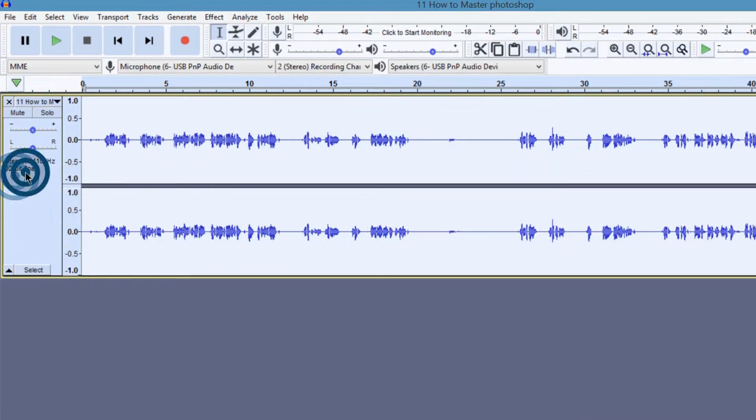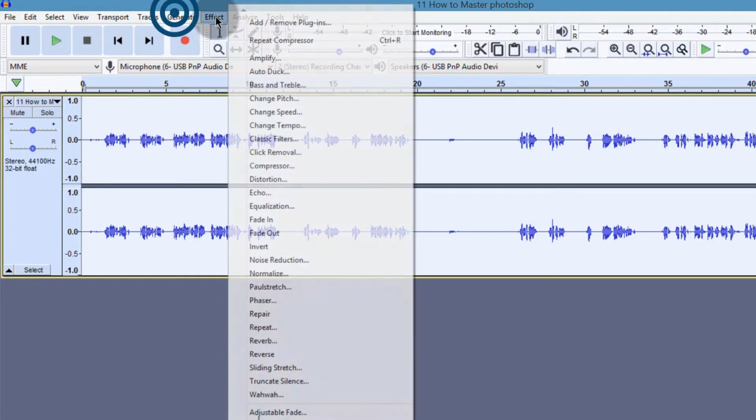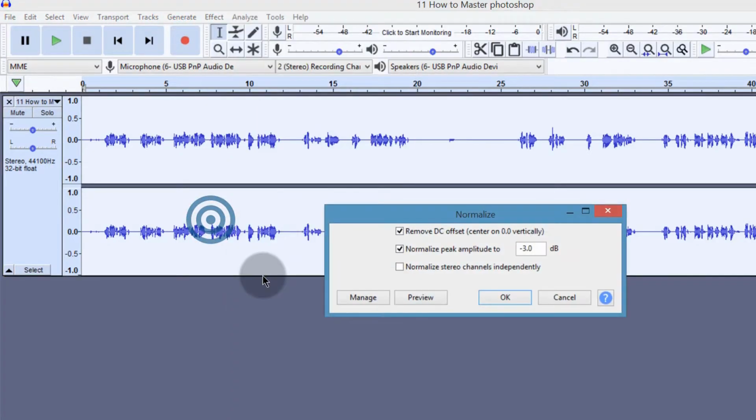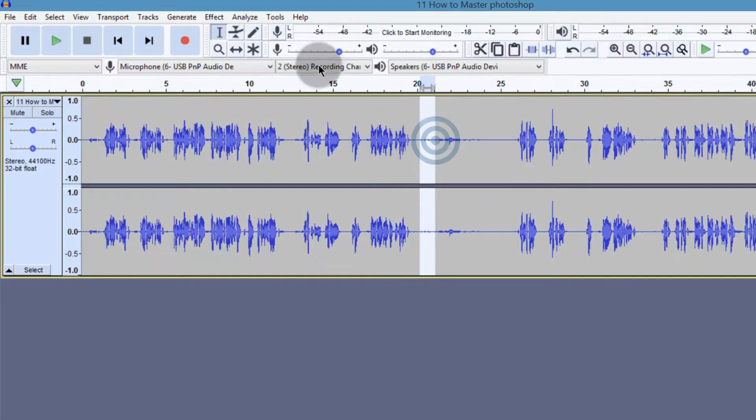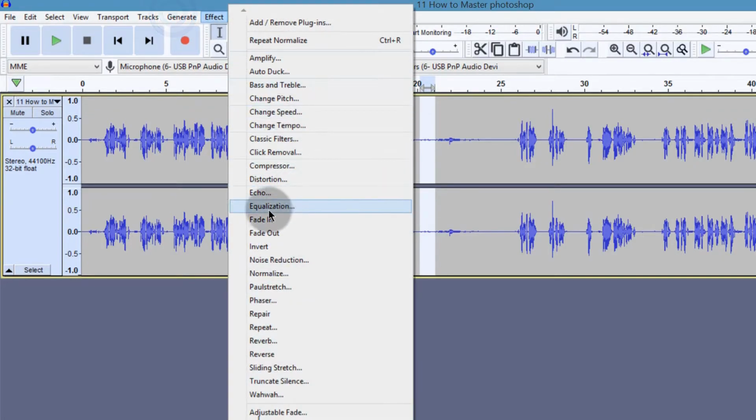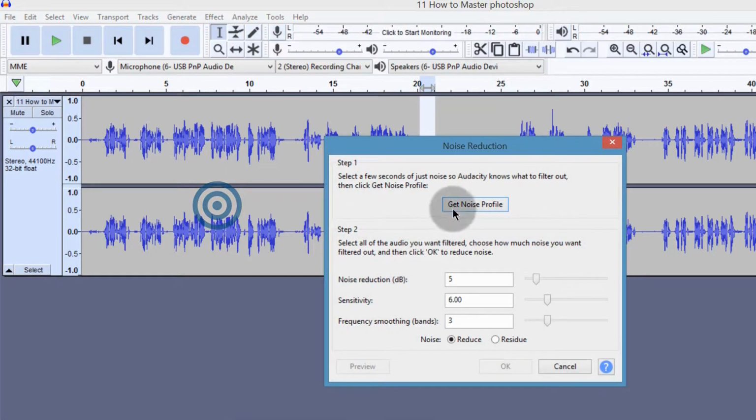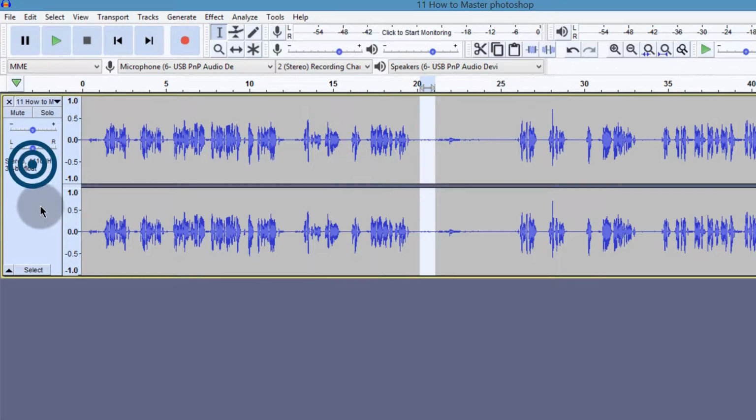And then once I do that, I'm going to normalize the audio effect. I'm going to normalize it, and I'll normalize to -3 decibels. And then I'm going to choose that, and I want to do a noise reduction, get the noise profile, and